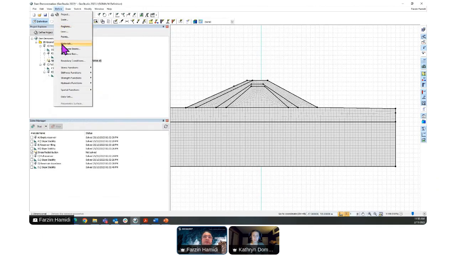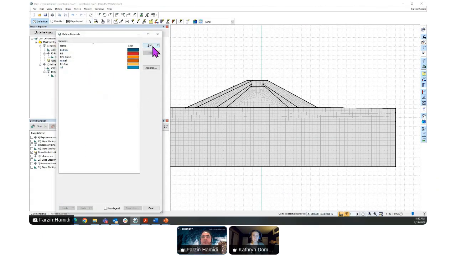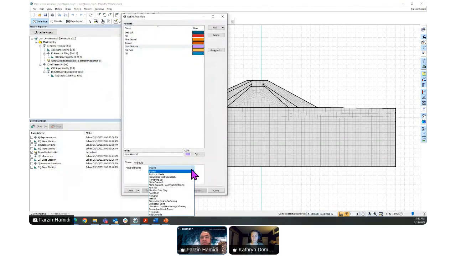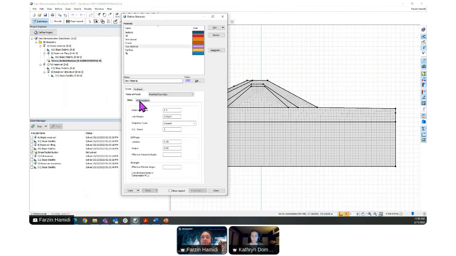There are a lot of materials that we can use. If I add a new material, there are a lot of options available for consolidation. There are sandy clay, modified Cam clay, and so on. These are the available material models within SIGMA/W. You can play with the material models as long as you are familiar with the input parameters. Some of them, such as modified Cam clay, might be a little complex. If we don't have that much testing done, then you need to have a lot of triaxial tests to calibrate it.